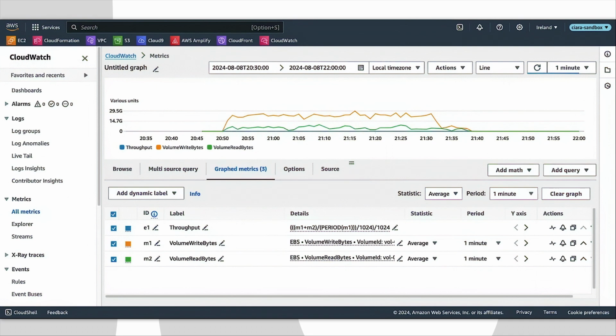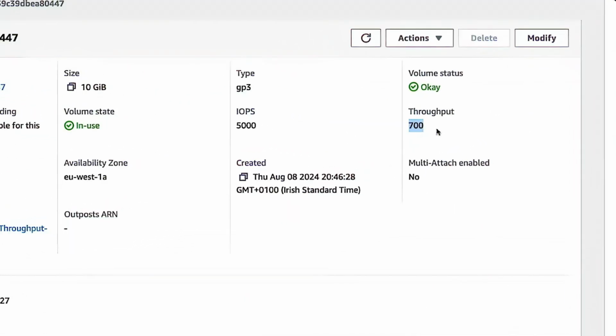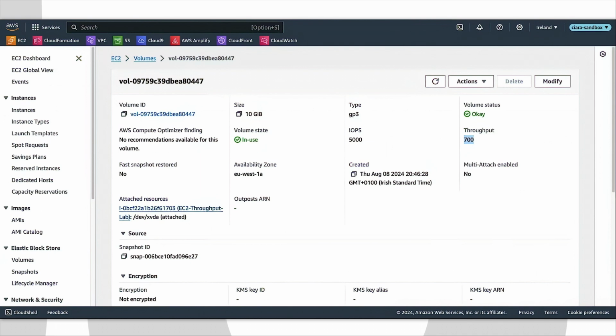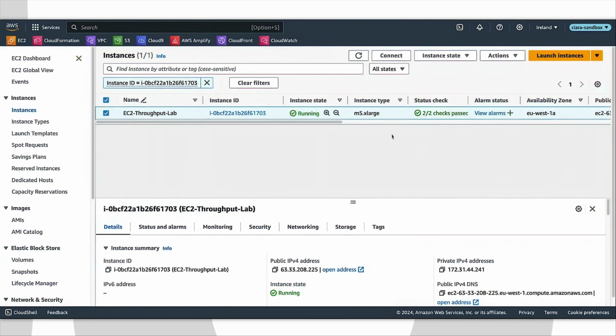But if we look back at the volume, it actually has, as I mentioned, 700 megabytes of throughput. The reason for this is that it's the EC2 instance that's limiting this volume. If we look at this instance, it's an M5 xlarge EC2 instance. This is an EBS optimized instance, and what a lot of people don't realize with EBS optimized instances is that for the smaller sizes, they have a burstable capability of throughput. It's the same principle as how GP2 has bursting, but with EBS optimized instances they are able to burst